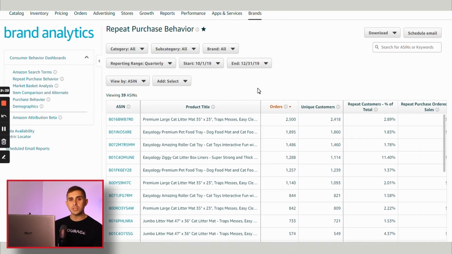Also think about your budget. How much budget do you want to put towards your products that people are coming back to purchase from you again and again? And also think about if you are not acquiring these customers and shoppers come back to purchase this product over and over again, that means your competition is doing so, and that means you could be losing out on a really good, valuable shopper. So use this information, come to this dashboard and start to look at the products that are going to be